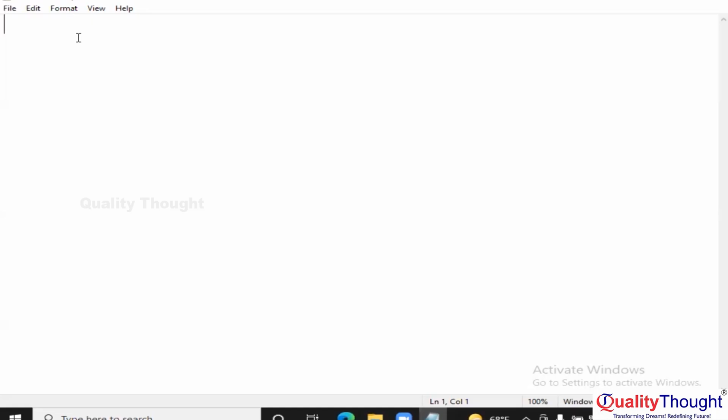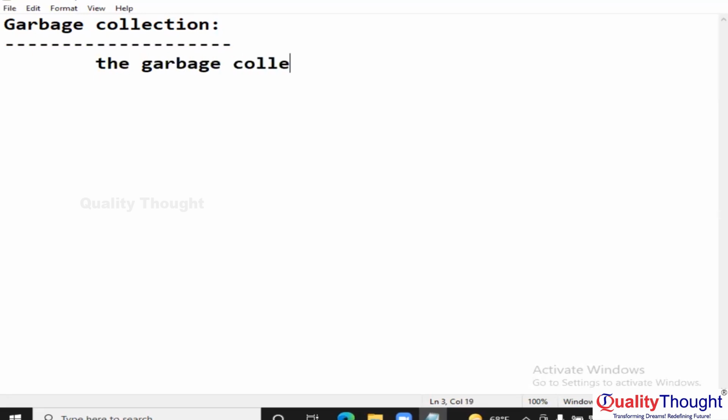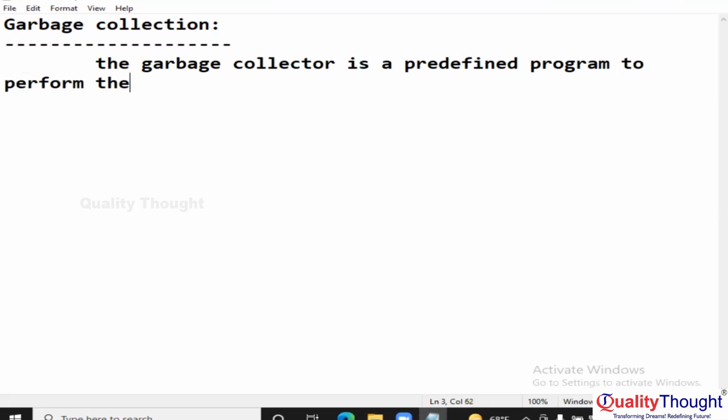Class continuation, garbage collection. The garbage collector is a predefined program to perform the garbage collection. Garbage collection means